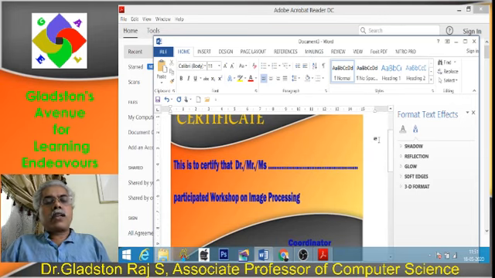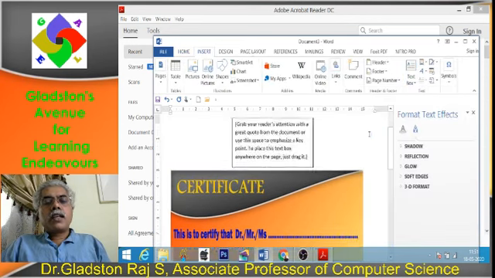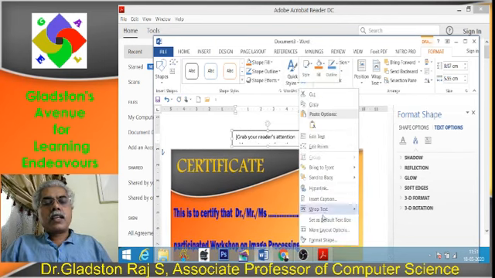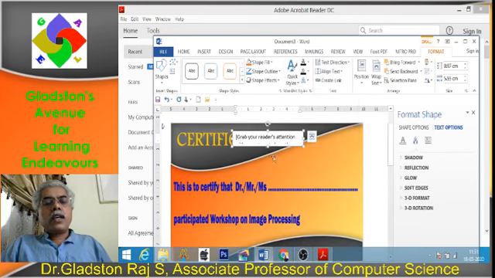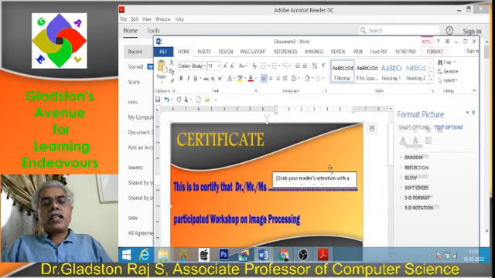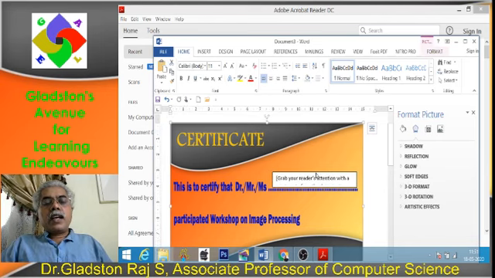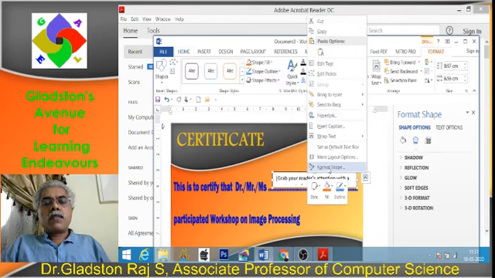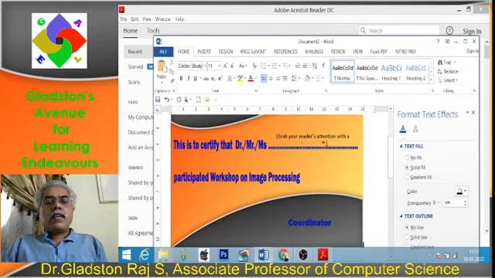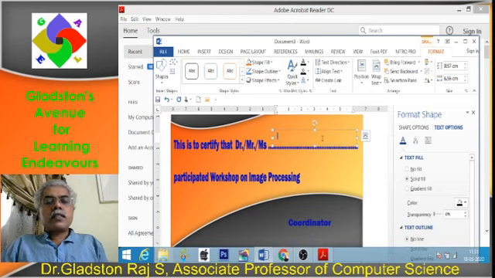So I open a Word document, insert my image here. Then I want to insert a text box here. Select a text box and resize it. Right click it, wrap text, in order to move it in front of, inside the image itself. I want to print the name here. The name of participants, I have to take it from the Excel sheet and print here. Then here it appears in the form of a box. You can remove it: right click, format shape, no fill, no line, so that everything will appear here, right?